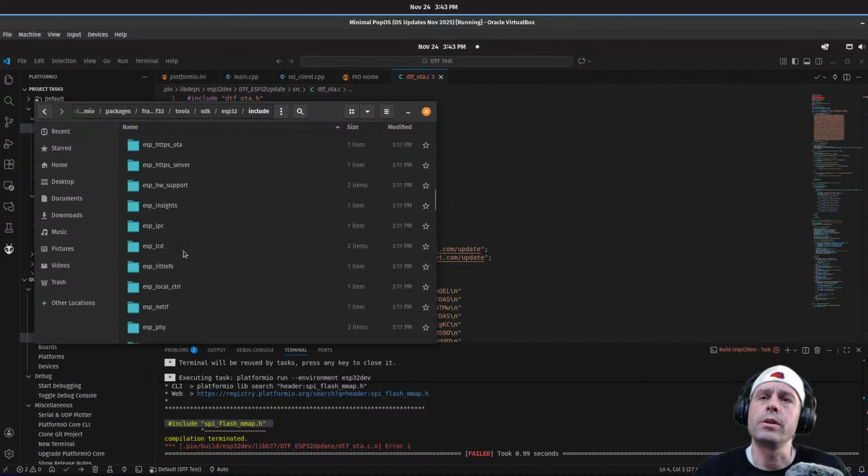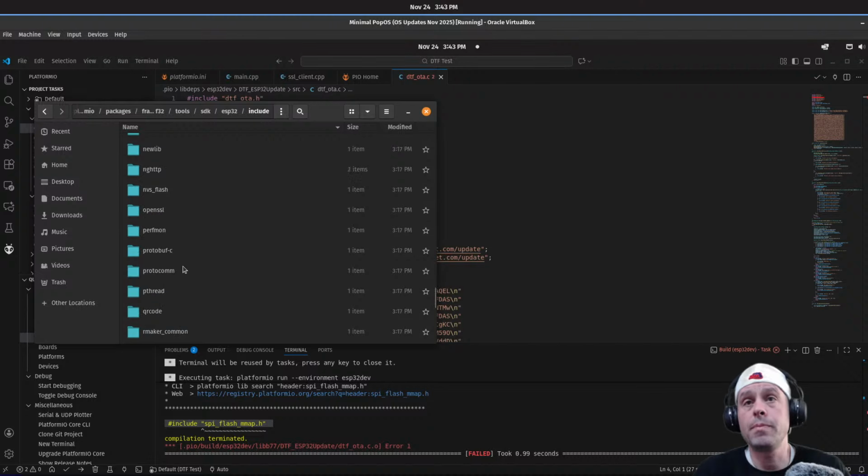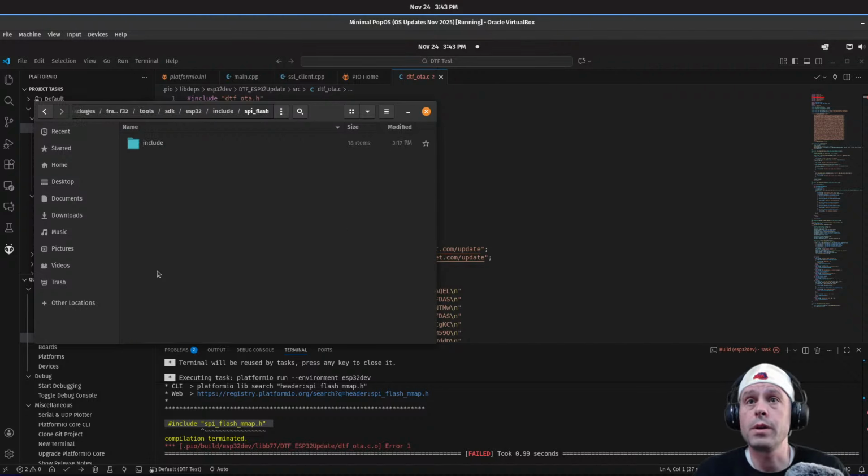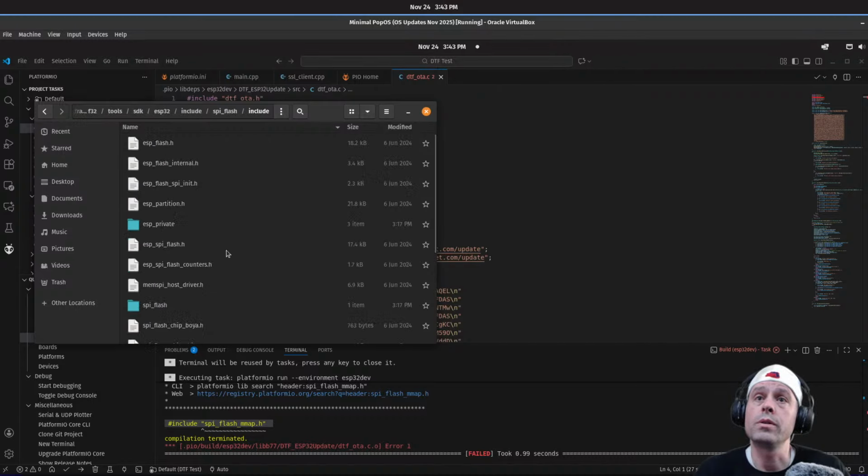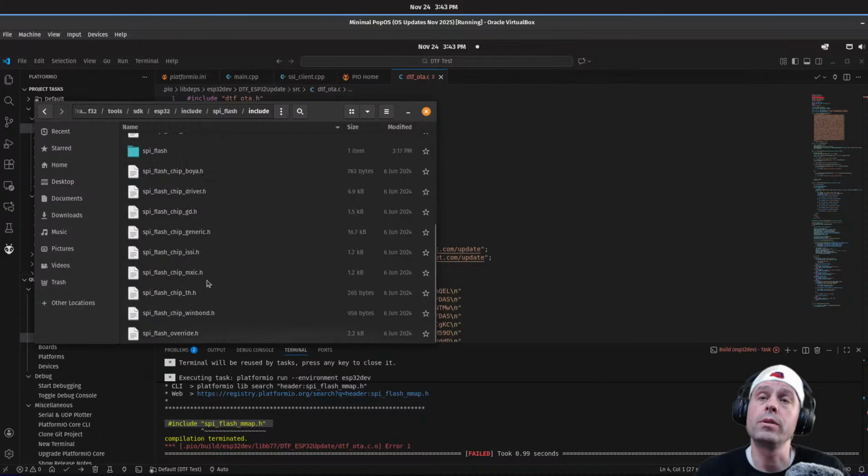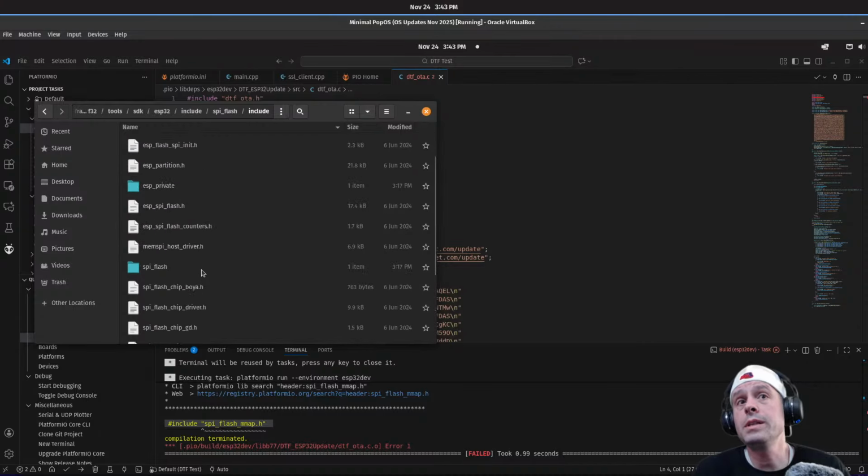There's no header file here that's SPI flash mmap. I can come down here to SPI flash, include. That header is nowhere to be found. Fixing this, I still have the Wi-Fi error, which I'm not sure how to fix. So I'm saying we could just drop it in here and maybe that fixes it.